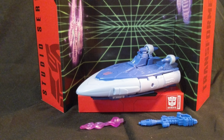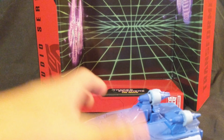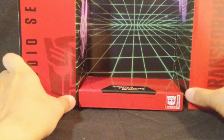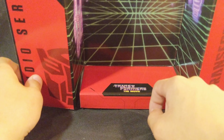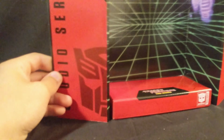Alrighty, here is Scourge out of the packaging with everything he comes with. I'm going to start off with the one accessory nobody's going to use but still looks kind of neat, which is his backdrop, which is very similar to the Hot Rod one that I took a look at for the last Studio Series 86 figure, where it's the red thing that says Transformers The Movie on the side, saying Studio Series 86 on both sides, but a little bit different on each side, and pretty much the character's big scene,